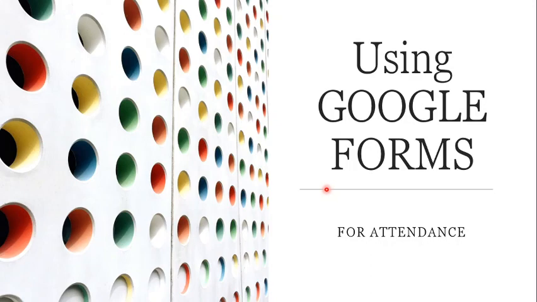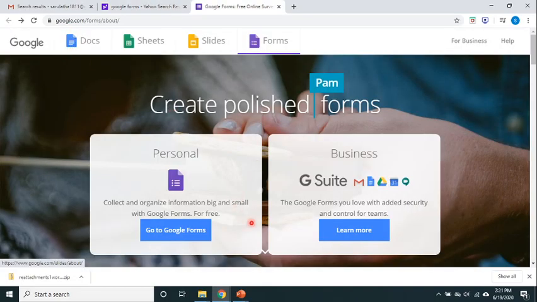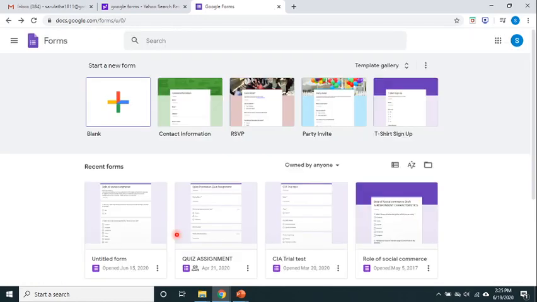Now, getting into the browser page, we will try searching for Google Forms. It shows me the link Google Forms here. So this is the icon which symbolizes Google Forms, and I get into this link. It gets me to the home page where I see Google Docs, Sheets, Slides and Forms. What we are going to concentrate now is the Google Form. So I click on Google Forms.